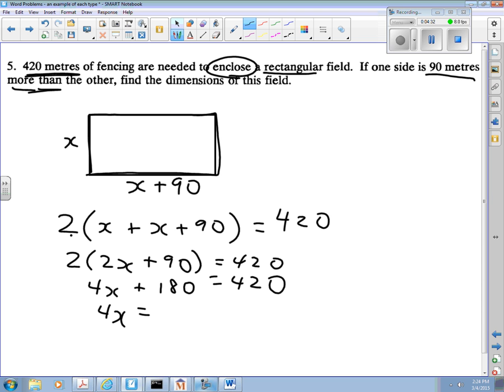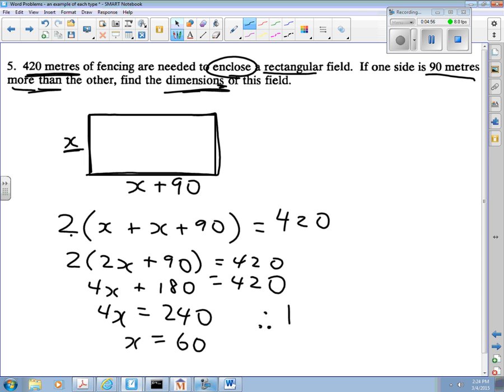Let's see, if I minus 100, I get 320. Minus 20, I get 300. Then minus 60, I get 240. And divide both sides by 4, and I get 60. Now again, that's not the answer. It says find the dimensions of the field. That's a fancy way of saying find the length and the width. So what have I just found here? Well, I found x. I found the width. So my conclusion will be